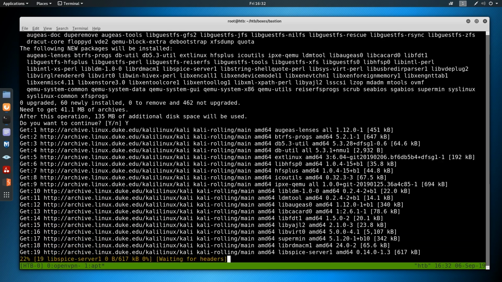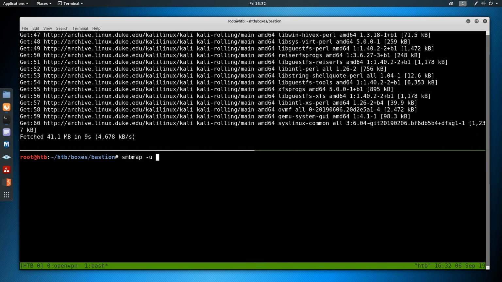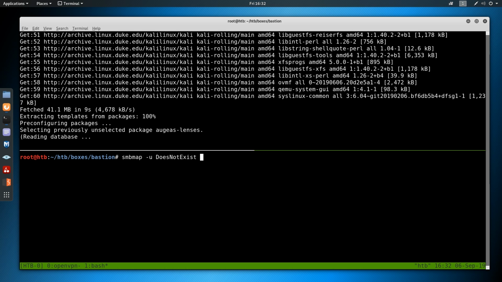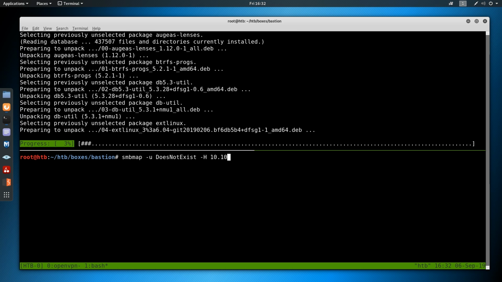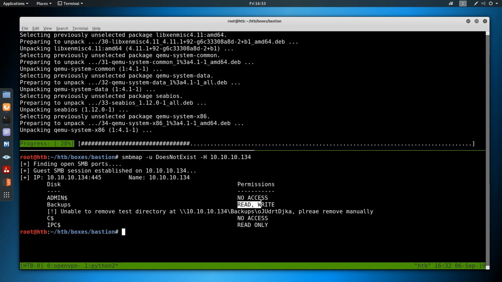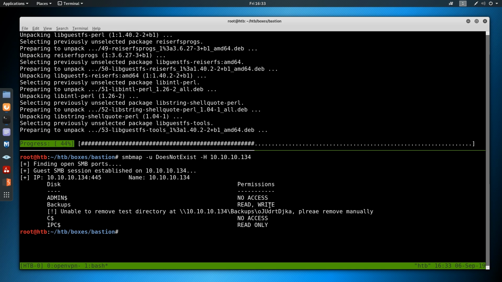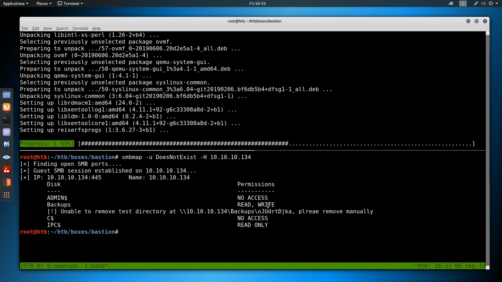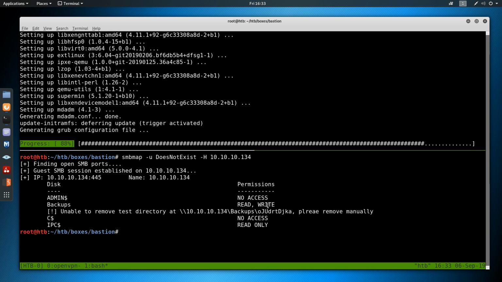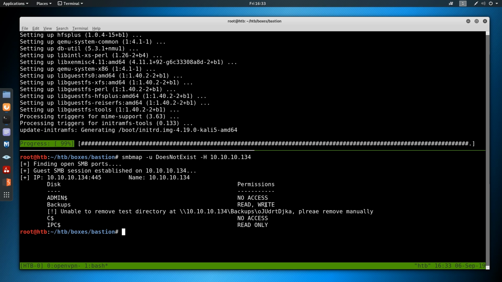While that installs, there is one thing I missed that I probably would do if I was on an engagement. If we did smbmap -u 'does not exist' and then -H 10.10.10.134, if I saw this read-write on backups, or pretty much read-write anywhere, I'd probably create a .scf file. And if you're unfamiliar with that, we showed it in Sizzle. Essentially, it's a method to steal hashes. So when a user views a directory that has that SCF file, if that SCF file is specifically created, you